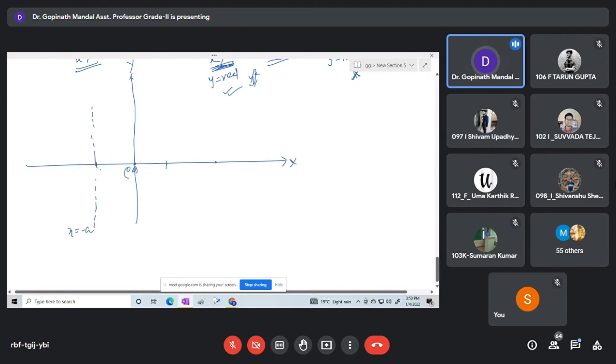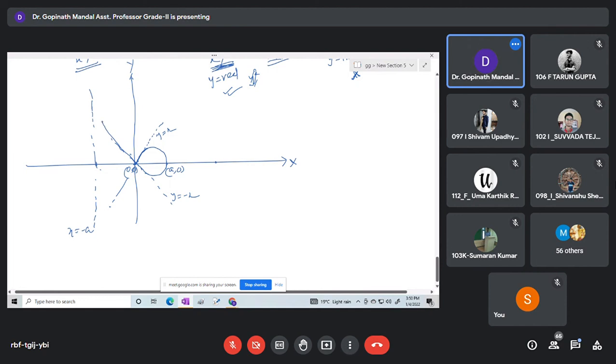At the point 0 comma 0, the tangents are like y equals x and y equals minus x. The curve cuts 0 comma 0 and a comma 0, both points. So this is the tangent, the curve will be like that, and it cuts a comma 0, and we also get a tangent y equals minus x. We have another asymptote here.